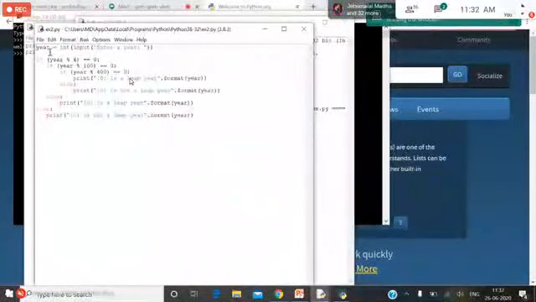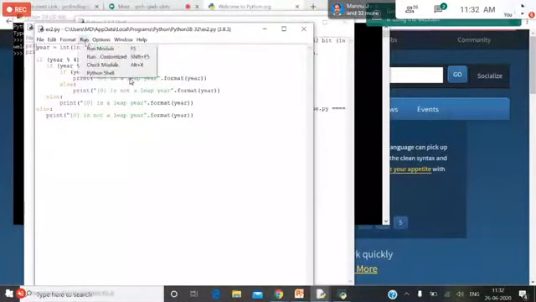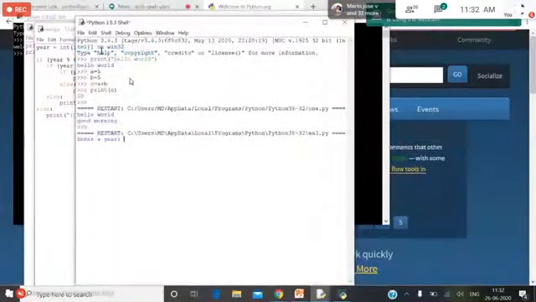So this is a simple script to find out whether the given year is a leap year or not. Divide any year by 4. If you get the remainder as 0, it can be called a leap year. So run module. Enter a year, for example 2020. 2020 is a leap year.